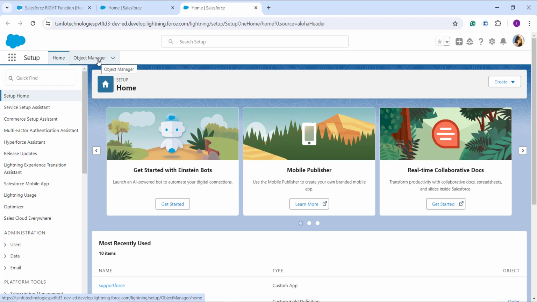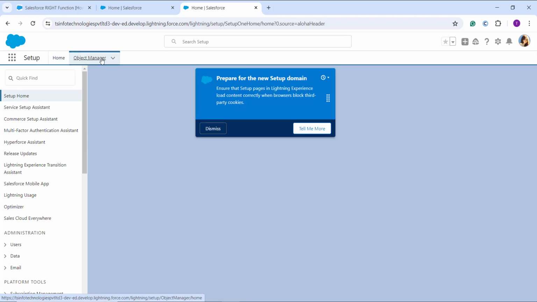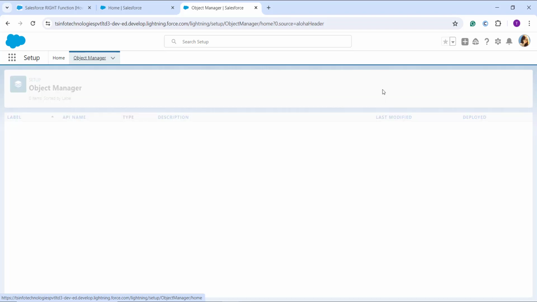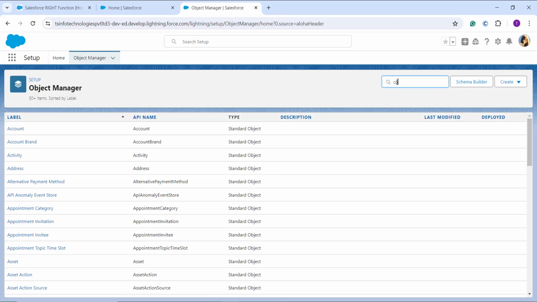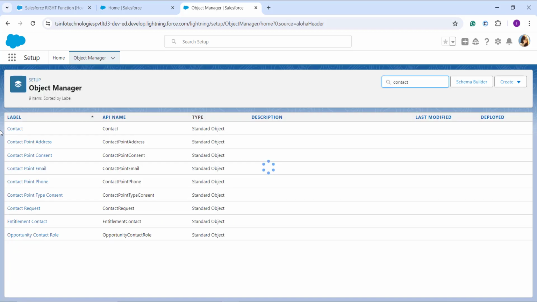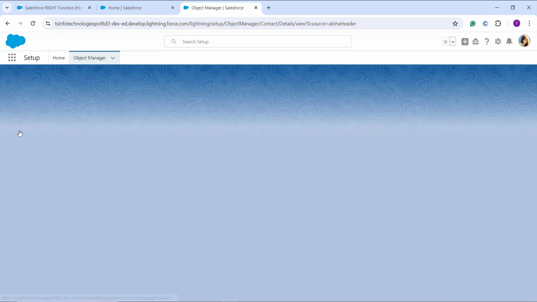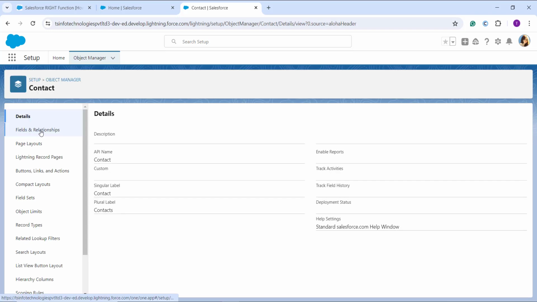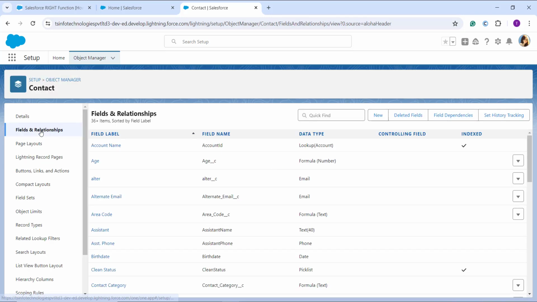here I choose the object on which I want to apply this right function. So I decided to show you the example for the contact. So here in the quick find box I search for the contact as an object. Once I search it and click on that, it will take me to the page of the object manager for the contact. Here I click on fields and relationships from the left side, and from the right side I